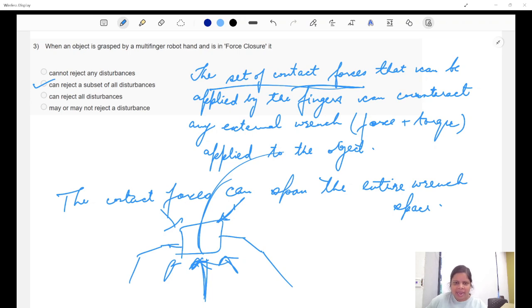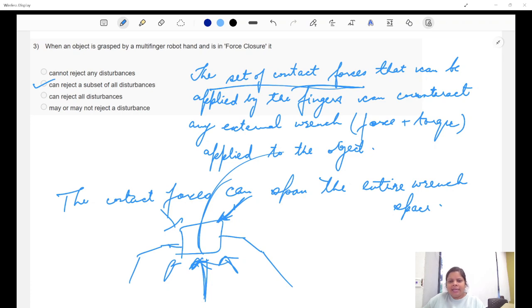But one thing is that in 3D we always want to have the rank of this grasp matrix to be 6, to ensure that it is under complete force enclosure. That means you want to resist any disturbance, any external disturbance coming from inside. So the rank has to be maintained 6. Similarly, in 2D case, it is going to be 3. So we are going to see the 2D example using MATLAB. That is coming in some time.